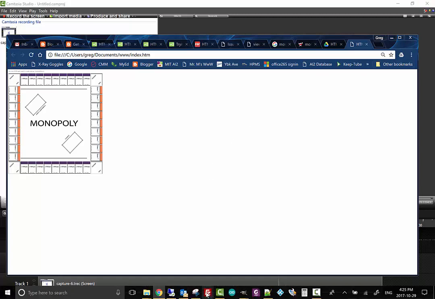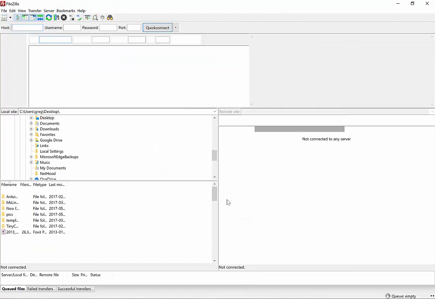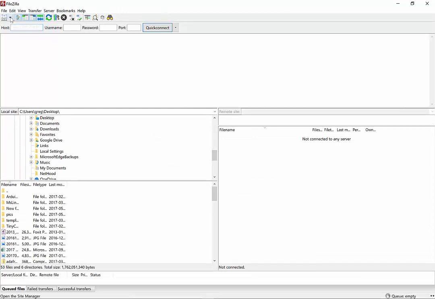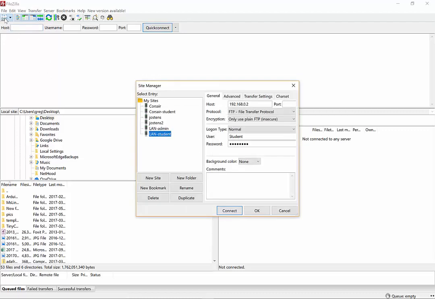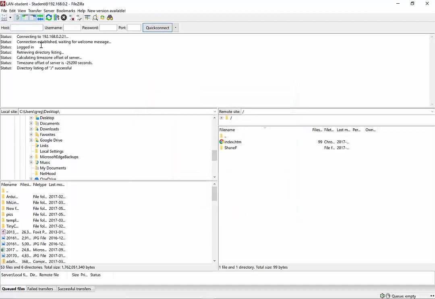The next step is getting FileZilla to work. So this is an FTP client, and it's going to connect to an FTP server. And with this button here, you can set up a new connection. The reason to do this is so that you only have to do it once. I'm currently on my home LAN, so if I'm going to connect, I'll put my IP address here, the account login, and then I connect, and it tells you that you're successful, you're in here,